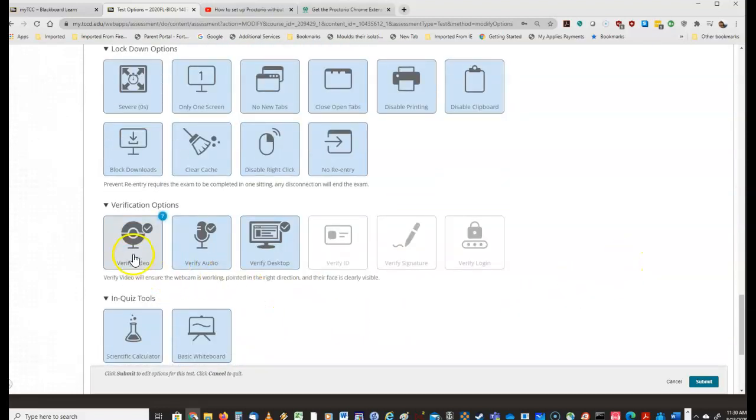Verification options. Let's go ahead and verify video. That's your main tool right here. Audio, so you can hear what's going on in the background. And then verify their desktop. All right. And then I also choose